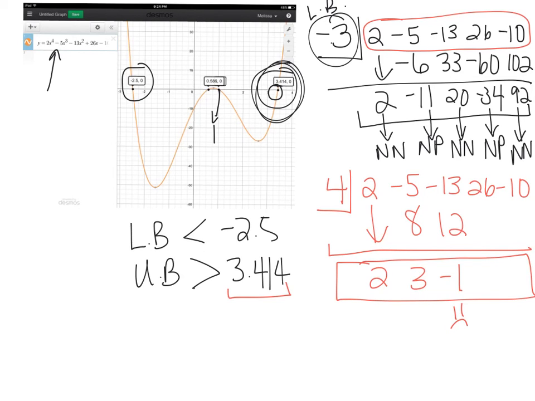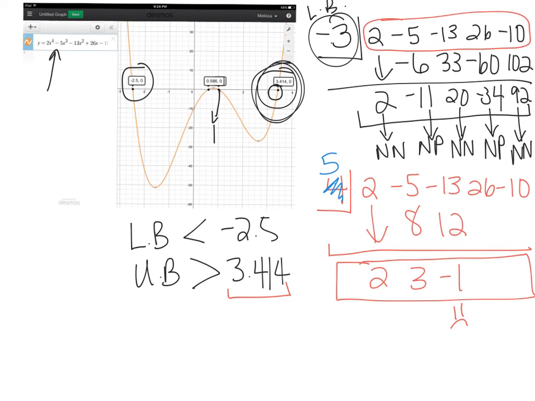And what I'm going to do then, if I pick a number and it doesn't work and it's not my upper bound or my lower bound, then I just keep decreasing the number from my lower bound, or in the case of my upper bound, I just keep increasing my divisor until I reach an integer that does give me the pattern I'm looking for, in this case, all non-negatives. So I'm just going to change this to a 5. And if I multiply,